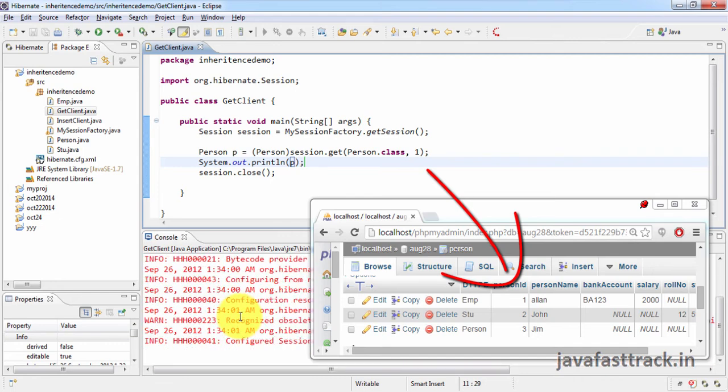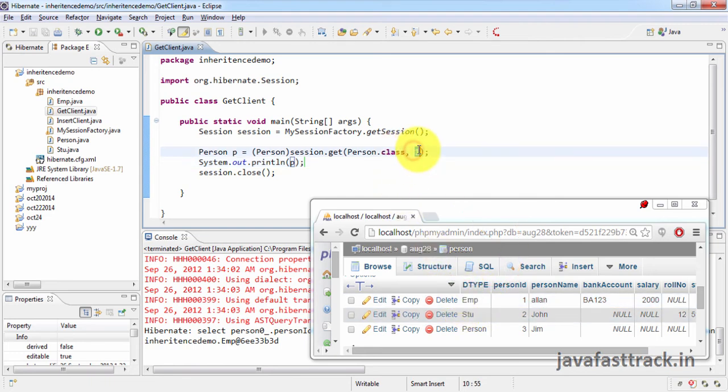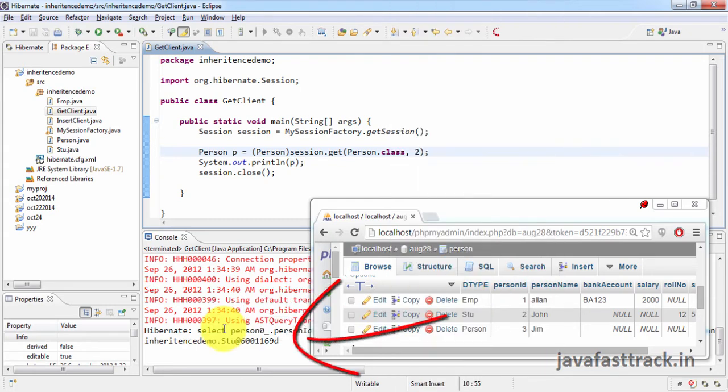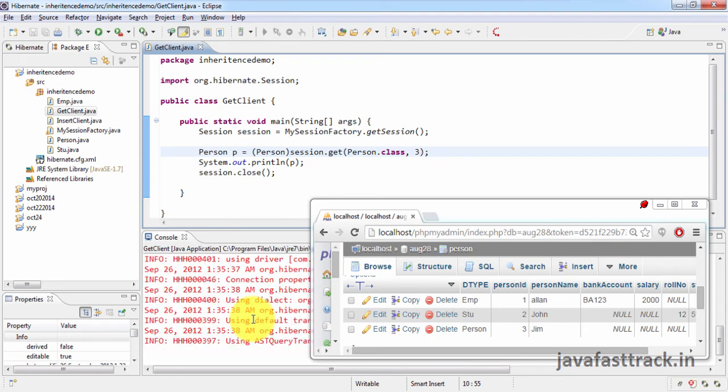You see the output. Some data is getting read. And if you look at the object, it says that it's an employee object. I am looking for person ID 1, but to be more specific, it's actually employee object, which is of type person. Now I am looking for person ID 2. When I run, you see that it prints as student. Now I look for person ID 3. When I run, you see that it prints